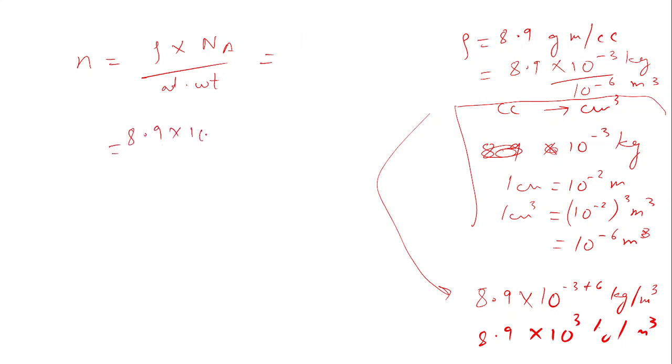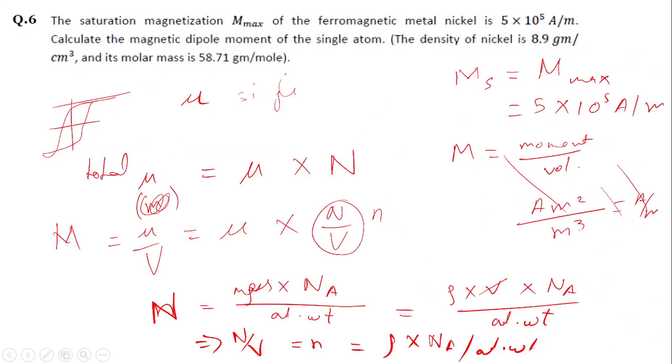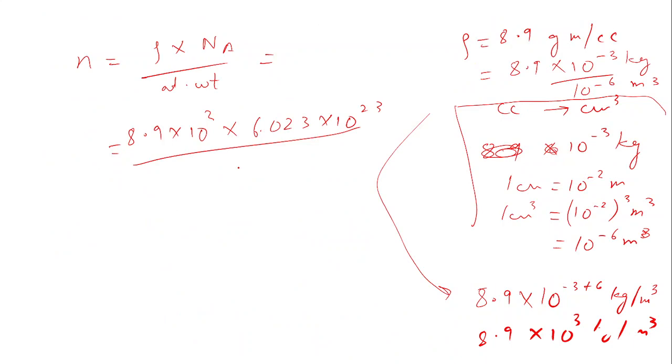8.9 times 10 to the power 3 kg per meter cube. Avogadro number 6.023 times 10 to the power 23. Atomic weight is given in gram per mole. When I change it to kg per mole, it will be multiplied by 10 to the power minus 3, so 58.71 times 10 to the power minus 3. Okay, so this is done. Now if I calculate all this, I'll get